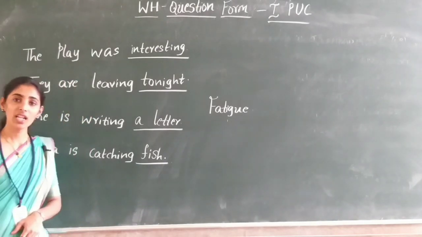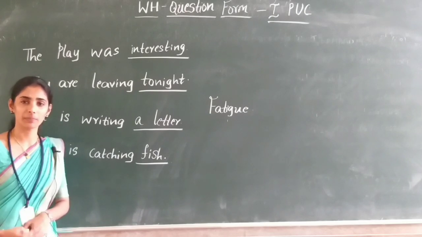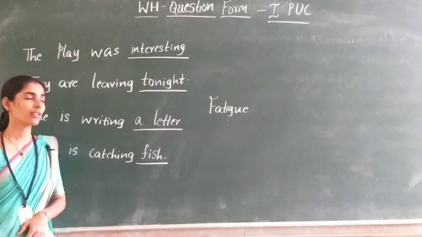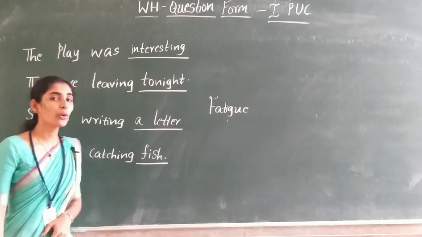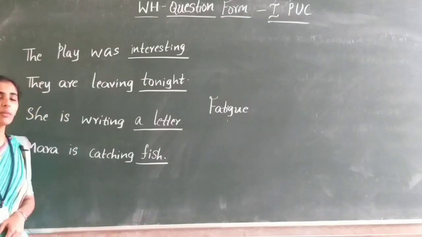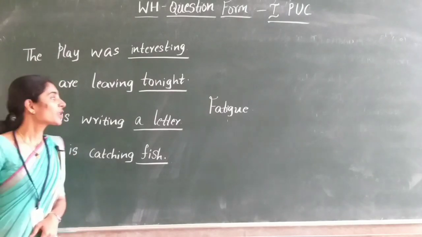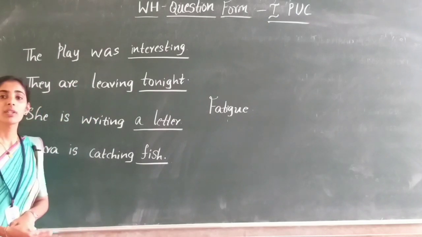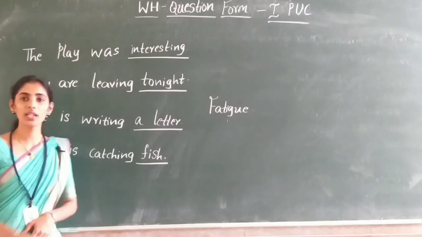So how can we use this word in a sentence? We can say that she was fatigued by the constant questioning. She felt extremely tired by the constant or continuous questioning. Or he was grey with fatigue. He was extremely tired. He was grey with fatigue. She was shivering with fatigue. She was shivering because of tiredness. So in this way we can use the word fatigue.